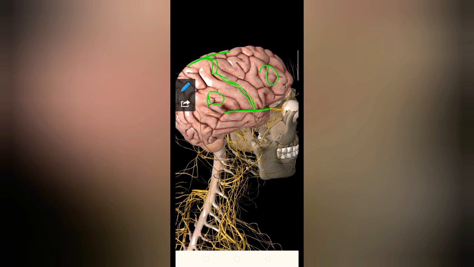Why limiting sulcus? The property of limiting sulcus is this, that it contains two areas. This sulcus has one motor area and the sensory area. Now we can see that this is the valley-like depression. It has two mountains surrounding it. The anterior mountain is known as the precentral gyrus. It is pre to this sulcus, therefore precentral gyrus.